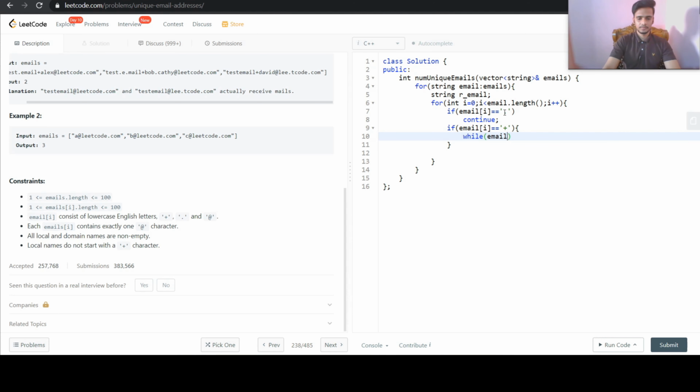While email of i does not equal @, until then we are going to do i plus plus. This will be else if.